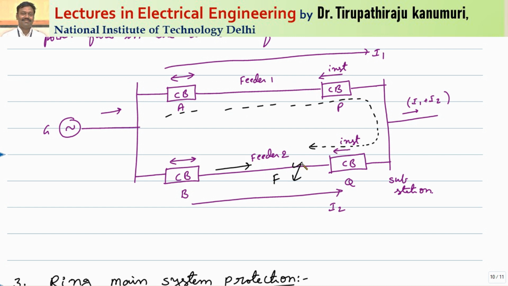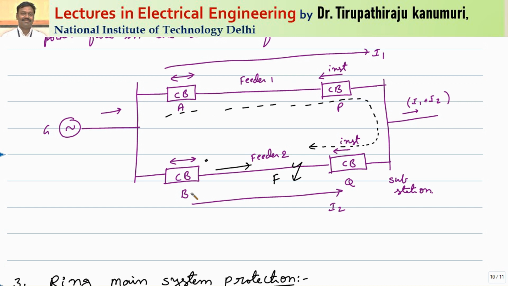So what we have to do when the fault happened here, I want only feeder number 2 to be disconnected and feeder 1 should be in running condition. For that, because the fault is supplied from this circuit breaker, anyway this will be operated, and they have inverse characteristics, because either circuit A can operate or B can operate, because both are supplying the fault. But you can see with respect to the location A, the fault is very far compared to point B.